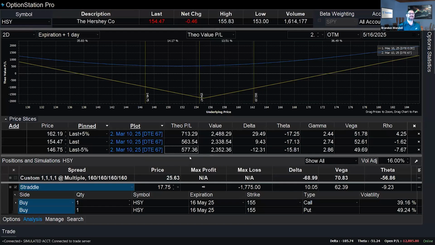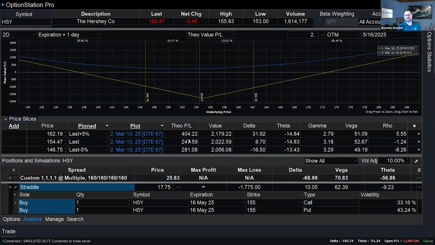So I don't necessarily want to get out just because we hit a certain target profit. Obviously it could have kept going. If I got out at 250, I left a lot of money on the table and eventually it topped out at 577, right? But I should expect at least the averages. And again, if prices don't move anywhere, I'm looking at $250 of potential profit just on the volatility rising and getting out before the earnings release. So that's how I'd manage that.